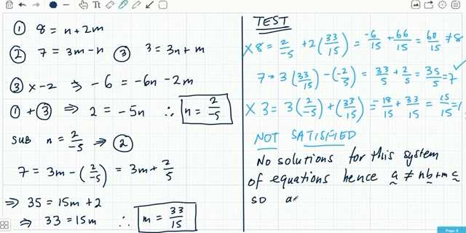So those three vectors, or the set of vectors A, B and C, are all linearly independent